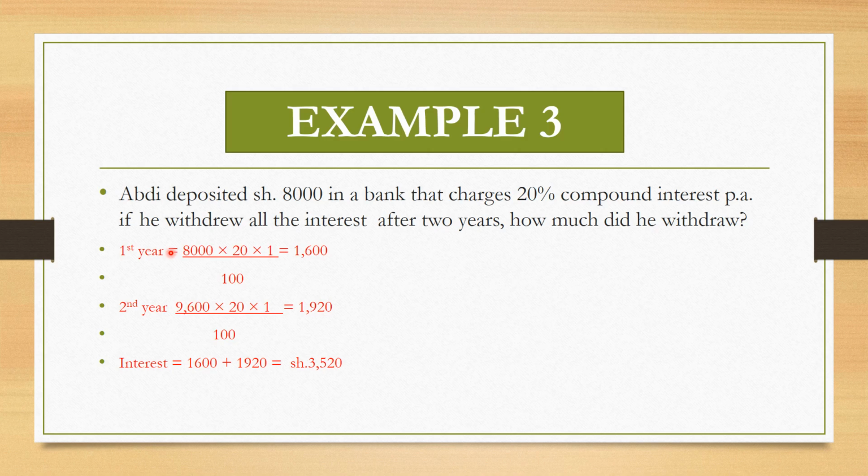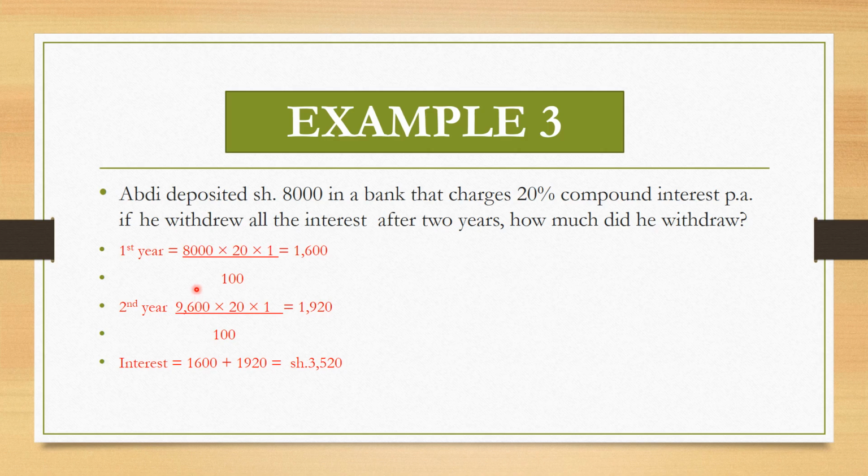Very easy. Let's start with the interest of the first year. PRT over 100. So 8,000 times 20 times 1 over 100. If you simplify these two zeros with these two zeros, 8 times 2 is 16 plus the two zeros. The first year the interest was 1,600. So the principal must change. You are adding this one plus this one to get the principal of the next year. So if you add 8,000 plus 1,600, you will get your principal at the beginning of the second year as